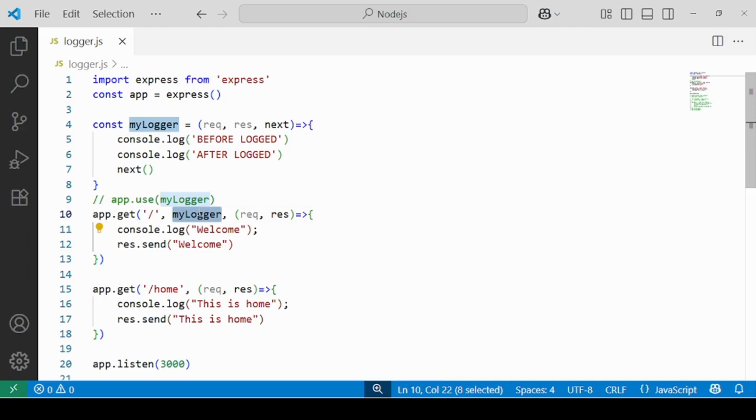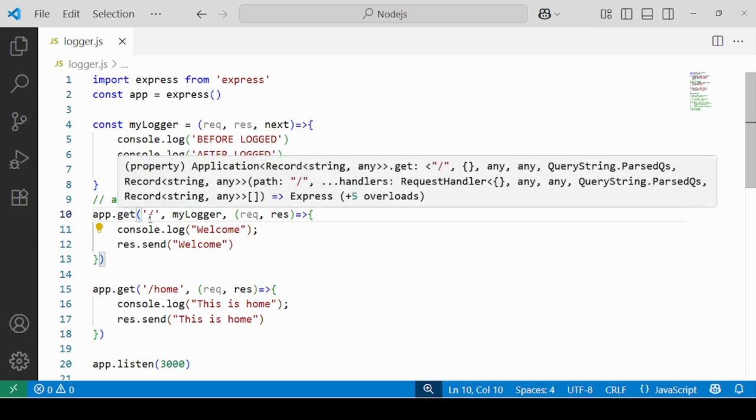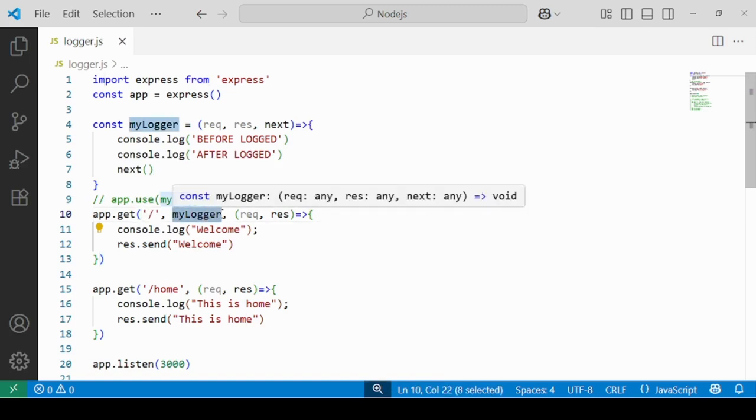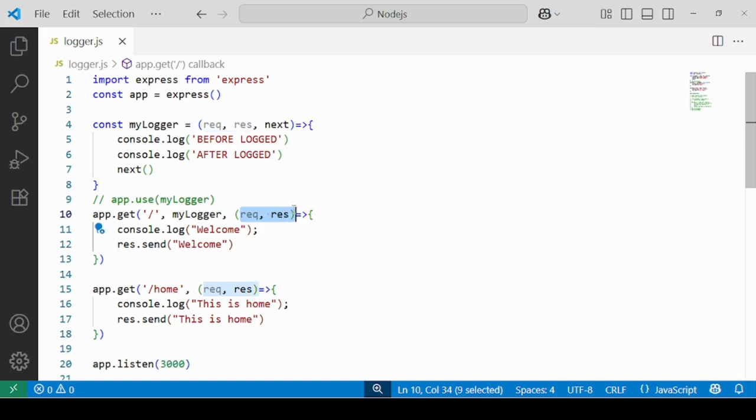So initially we didn't talk about this, but actually in app.method, the first parameter is URL. We have optional parameters to specify our middlewares. So initially we were not using any middlewares, we were skipping them. So we just had request and response parameters inside the callback.